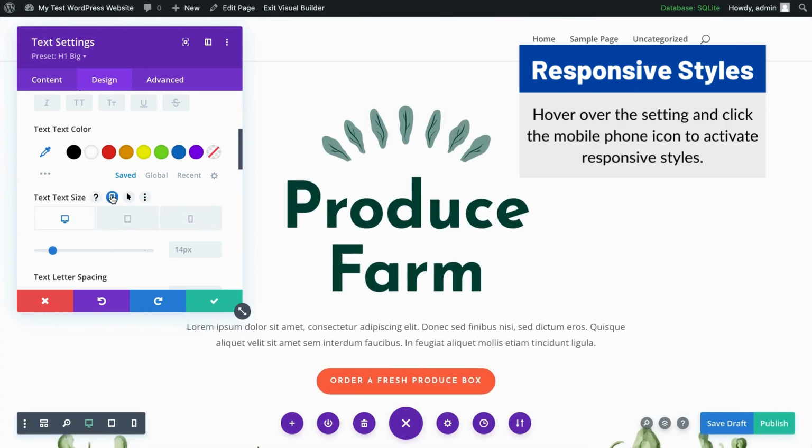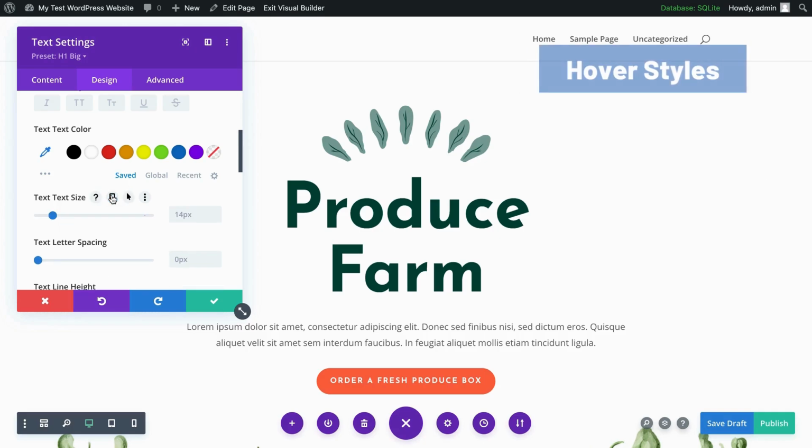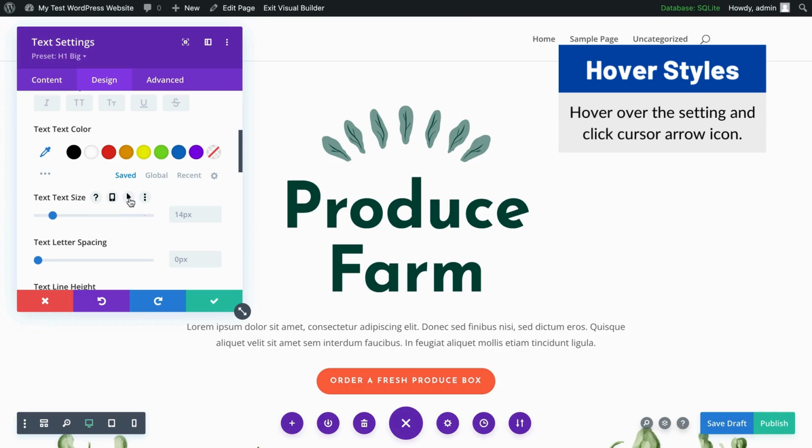And then if I don't want this to be a certain way anymore, I can unclick it. Another one that you'll use quite a bit is the hover effects. So if I want to have something look different depending on whether my cursor's hovering over it or not, I can click this arrow,